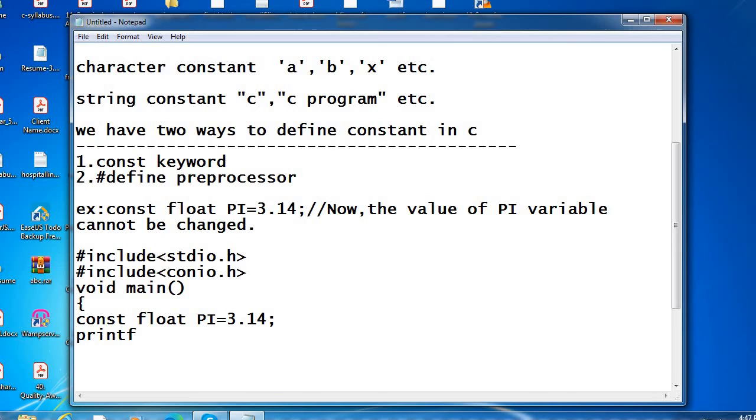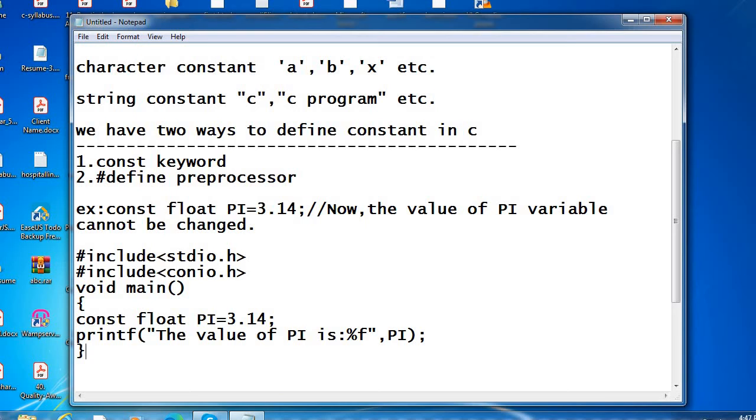Now I will print that pi value. printf("the value of pi is %f", pi).